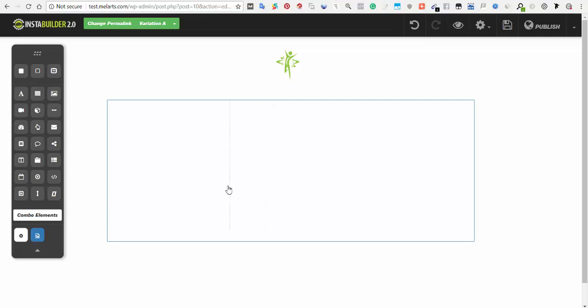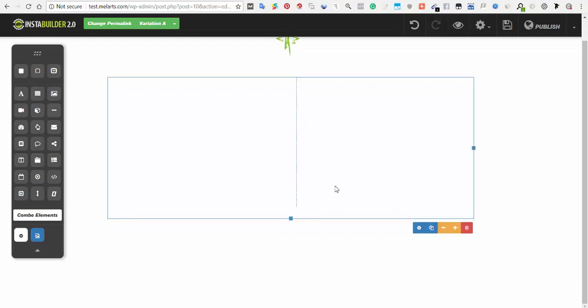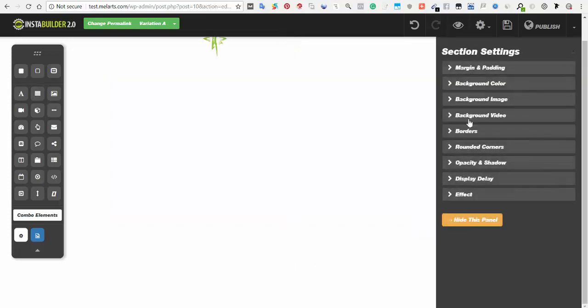Now I can decide to move this around to specify the amount of space I want to have on each section. Okay, so I can decide to still remove it. You can remove it, it's off. So here, this is just to copy. If you have elements right here, you've created something here and you want to duplicate it, you just click on this and it will be duplicated. You use this to delete, and you use this to